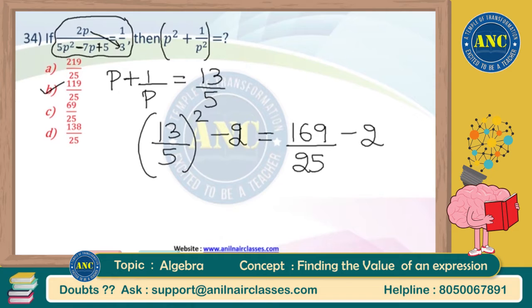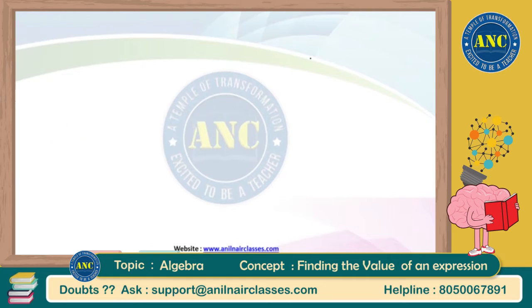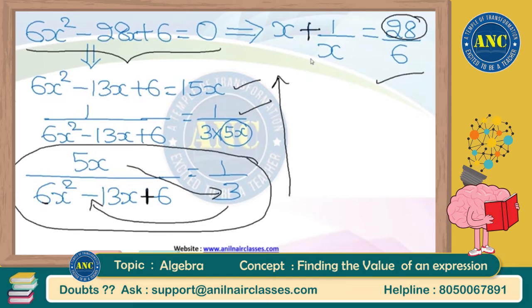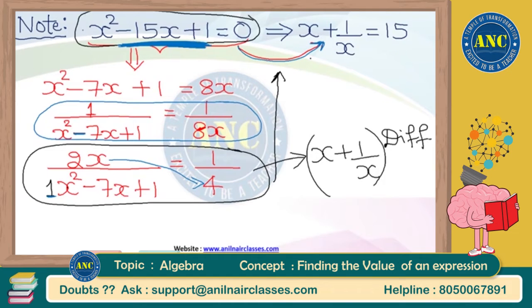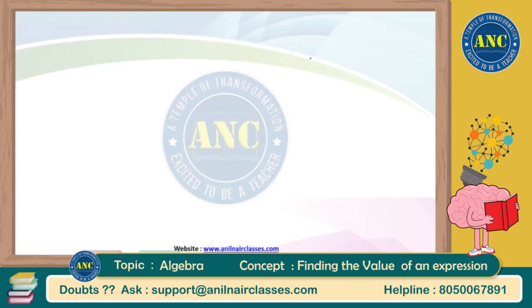If you know how to directly solve it in your mind itself and create a quadratic equation and express it in the form of p plus 1 by p is equal to 13 by 5. Just for you to understand these particular steps in the easiest way, I have explained this screen and the previous screen. I hope you are understanding. Why did I take all these things? Let me not make you confused, sir.